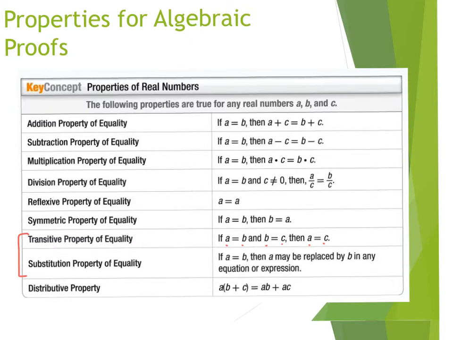Substitution property is very similar to the law of detachment. It is kind of contained in itself. If A equals B, then every single place that you see A, you can plug B in, and vice versa. These two get confused a lot when we're doing proofs, so I just want you to remember